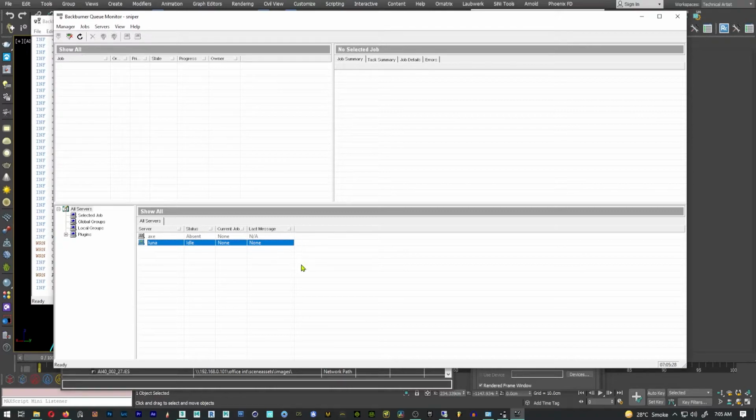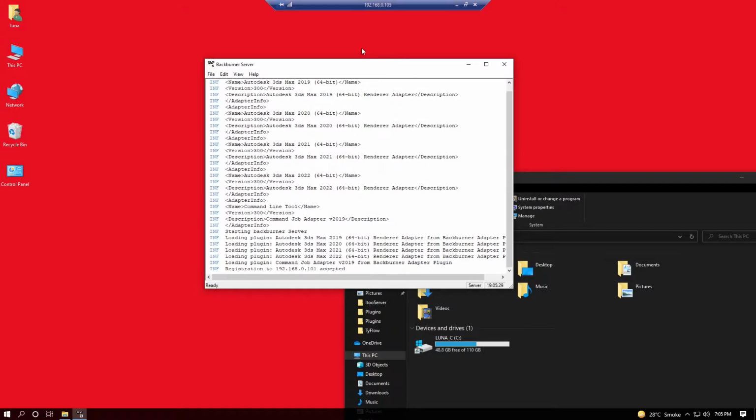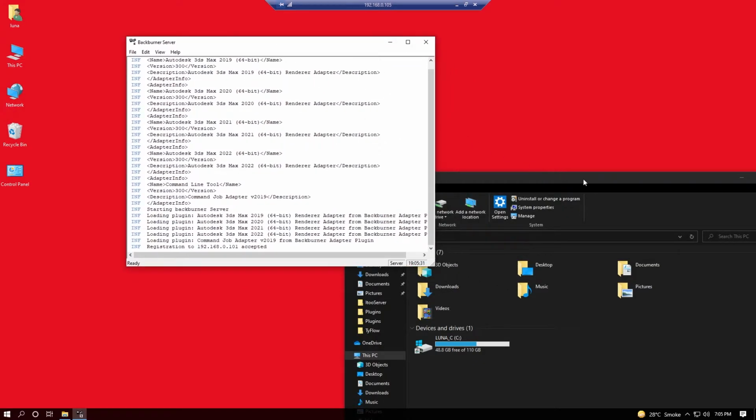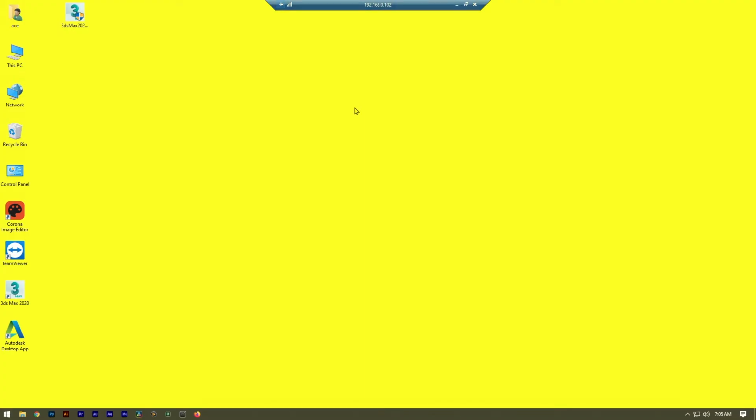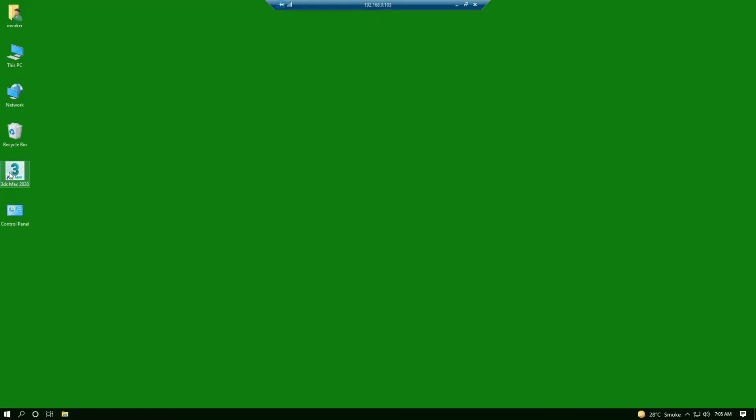And this is the Backburner server exe running on this machine. I am going to press minimize, and I am going to do this process on all of the other machines.